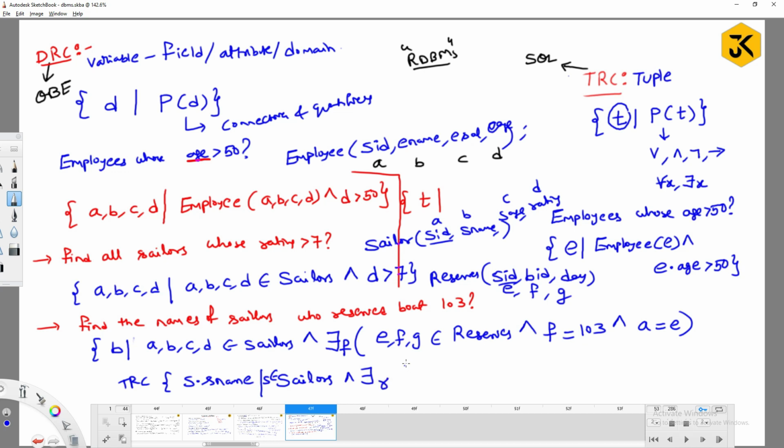R. It has to belong to the reserves table, and R dot BID equal to 103, and R dot SID equal to, very good, S dot SID. This is the TRC query and this is the DRC query. That's it. Right?